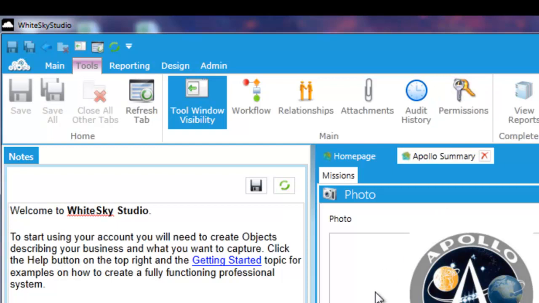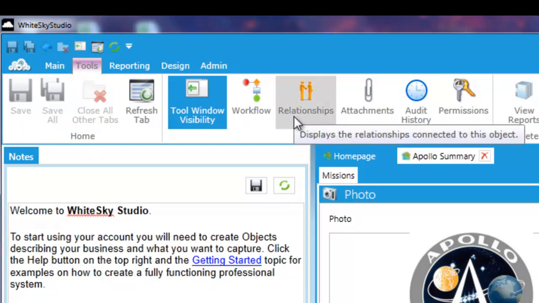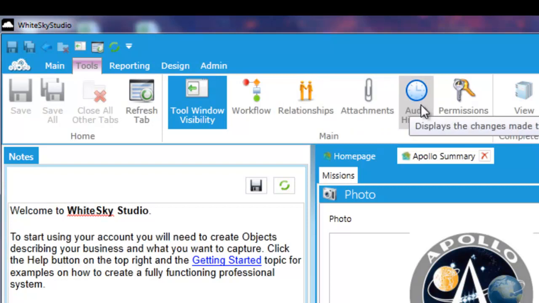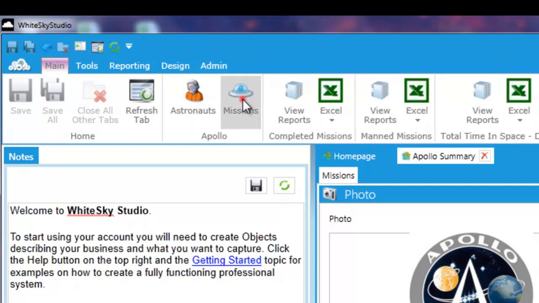Permissioning and workflow and querying are covered in some of the other video topics. What we'll be concentrating on in the next 5 minutes is going through relationship management, documents, and auditing. We'll be doing that as usual with our Apollo mission training data. So if we start by having a look at all of our missions,